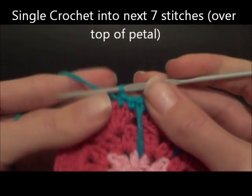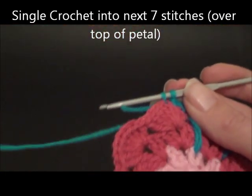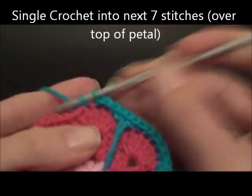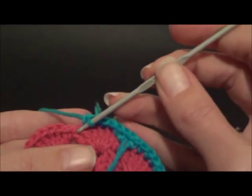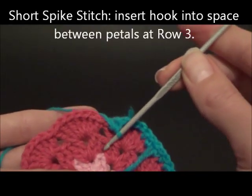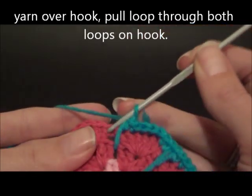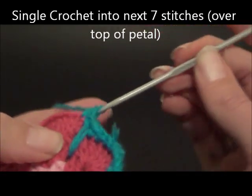That's okay. We're single crocheting over the top of our petal. So there'll be 7 single crochets. 4, 5, 6, 7, short spike stitch into our 3rd row, into this space here in between our petals, and 7 single crochets, 2,